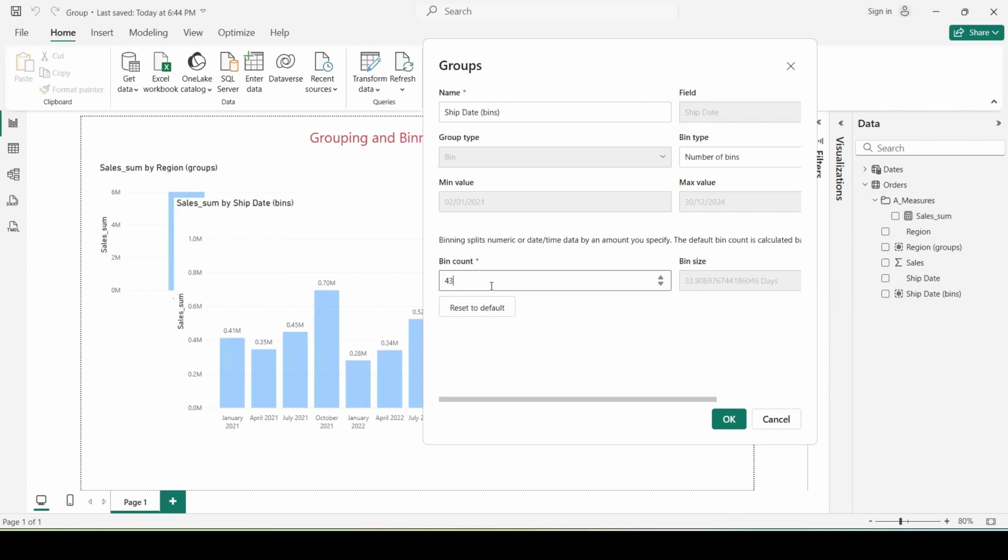So if I change here the bin count, you'll see that on the right side, bin size will change. If I increase it, you see that the bin size is going down. So if I want to go up to 1 month and a half, that will be like 45 days. So I have to go this way until I reach 45 days. And here it is, 45.56, right? So I can just use that, and I will get the data like 1.5 months.